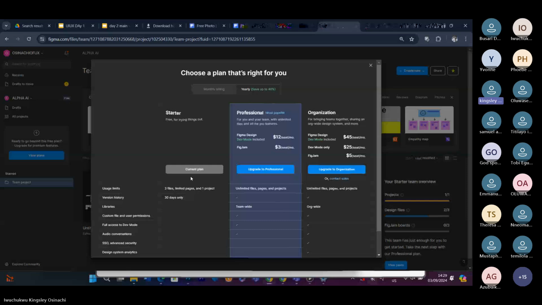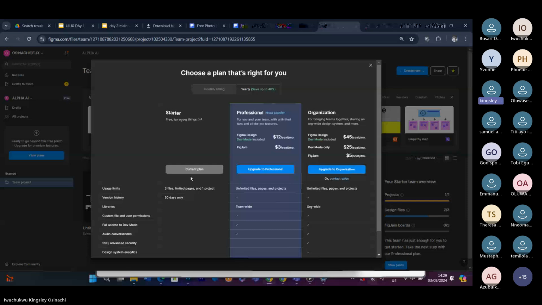Right? Another powerful tool we have inside Figma is Figma community. Figma community is like a dictionary of designs, right? Where you come to seek design inspiration, where you come to see designs made by other designers. So when you come to Figma community, you notice that at the bottom left of this page, you see Figma community. So you click on it, it loads, and you come to this. So whatever you are designing and you want to look for inspiration, let's say you're designing a login page, you can just come here and search